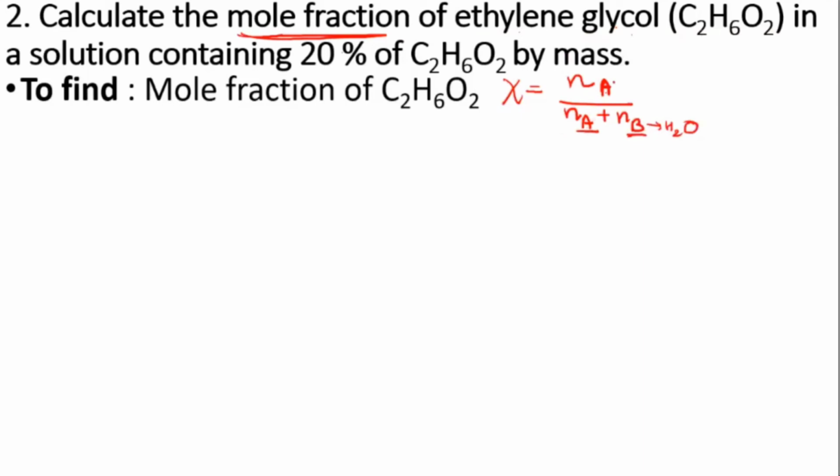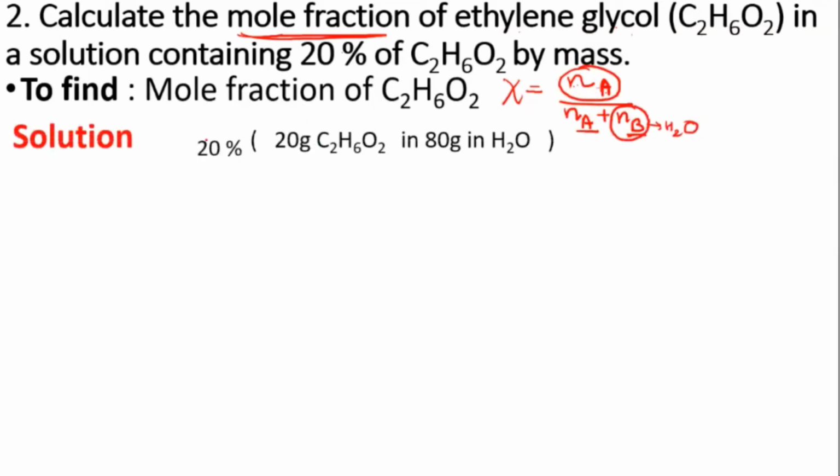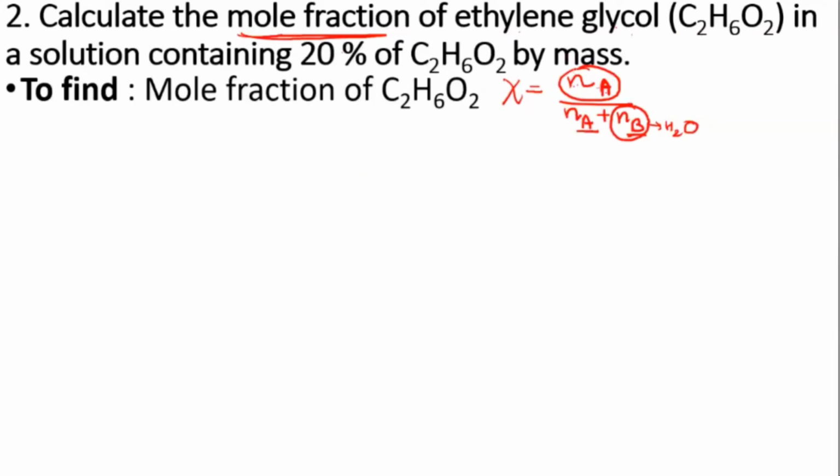So you need to remember here, you need to calculate the number of moles of ethylene glycol, Na, and then you need to calculate the number of moles of water also. These two things have to be calculated. Before going for that, 20% of ethylene glycol by mass they have told. What does this exactly mean by mass? That means what here? Is it 20 gram in 100 gram of solution, or 20 in 80? 20 and 80, how is it in solution? Yeah, that will be correct.